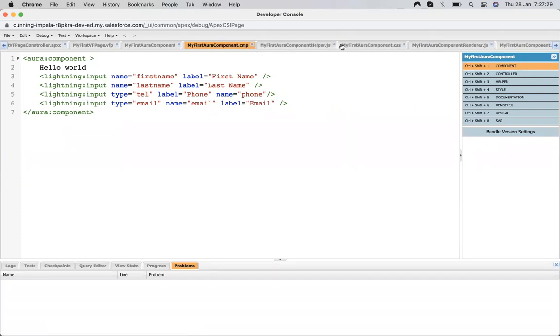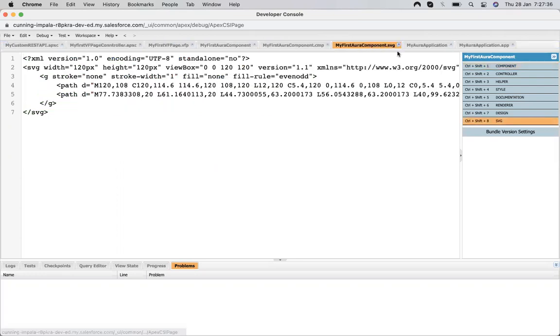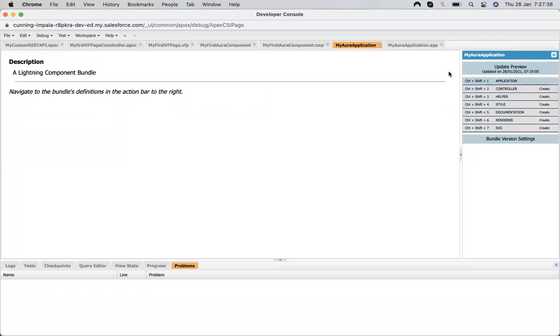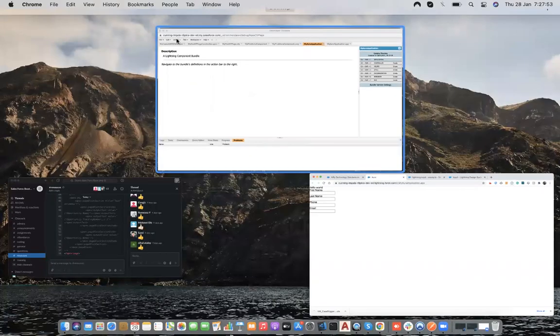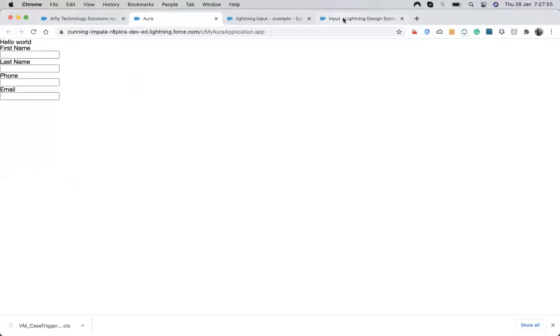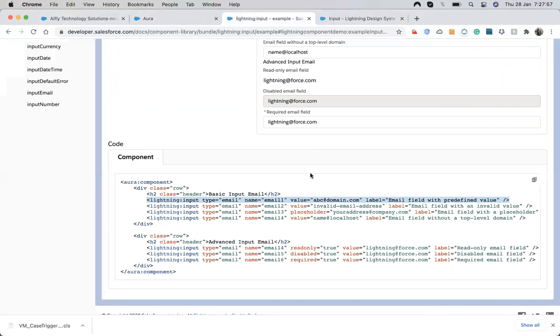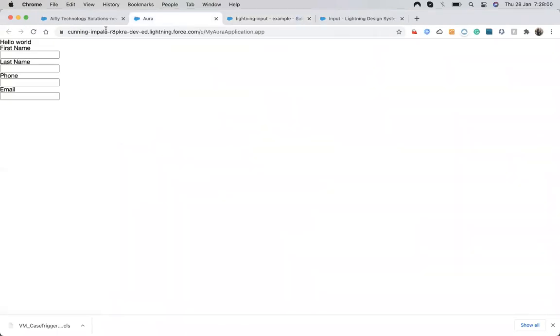Let's close this other one. But you can see that its UI does not look good. It's not like what we are seeing up here in the component library, where it looks quite good, but here it is not looking good.